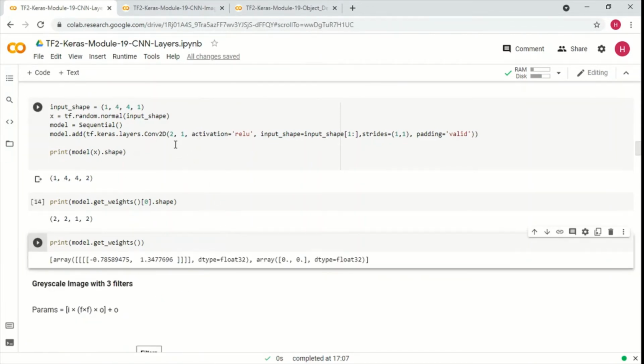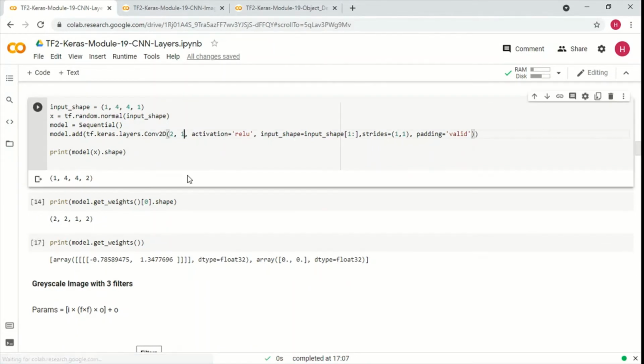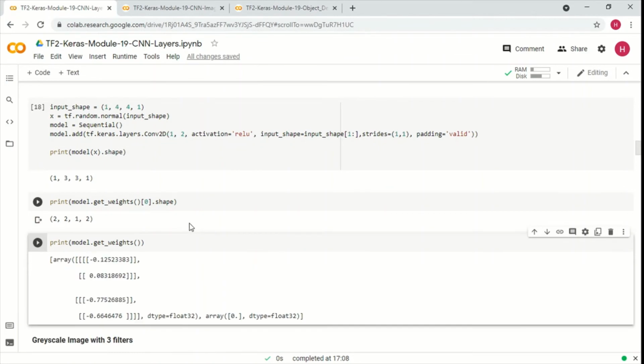As you can see, since the filter size is 1, so a 1 by 1 filter, that's why we are getting only 2 values. But now if we make the filter shape 2 here, and keep the filter count as 1 here, then we'll be able to see some interesting stuff.